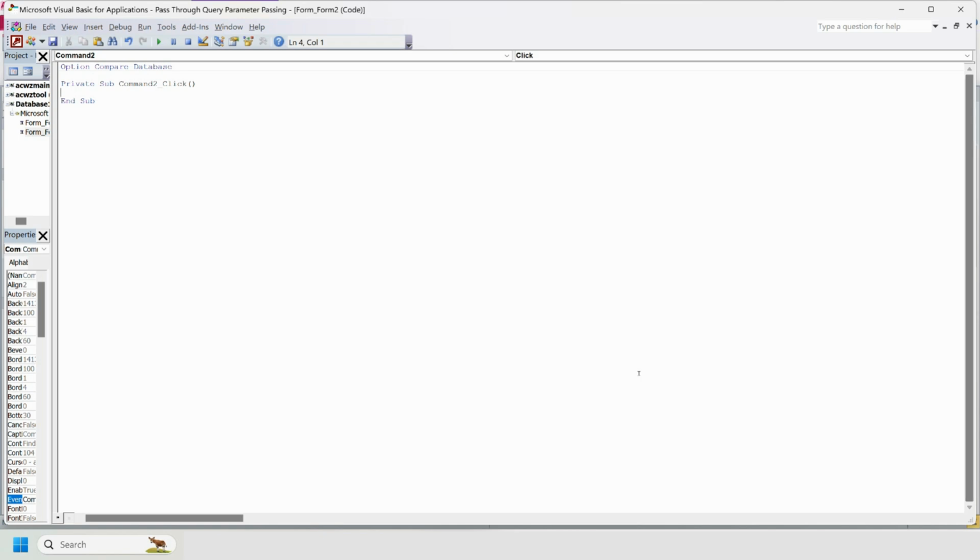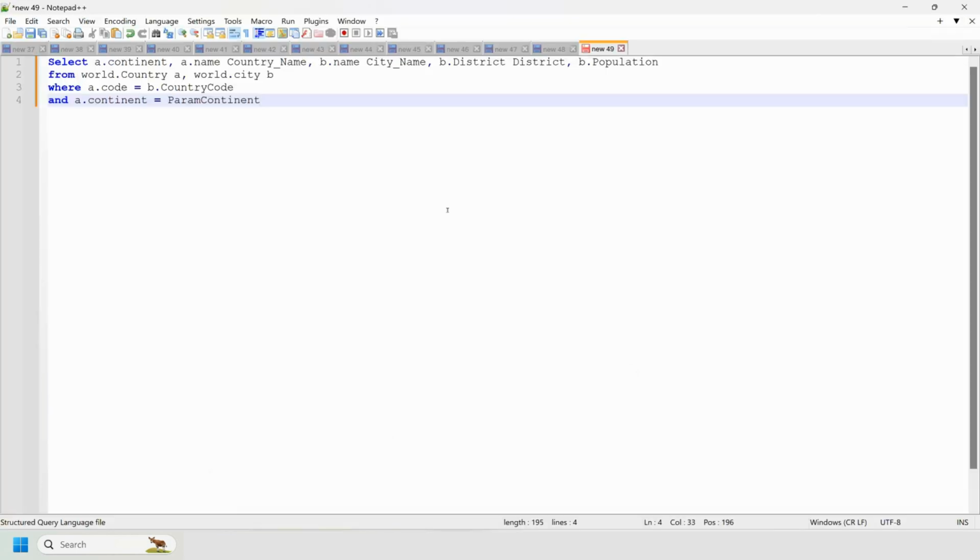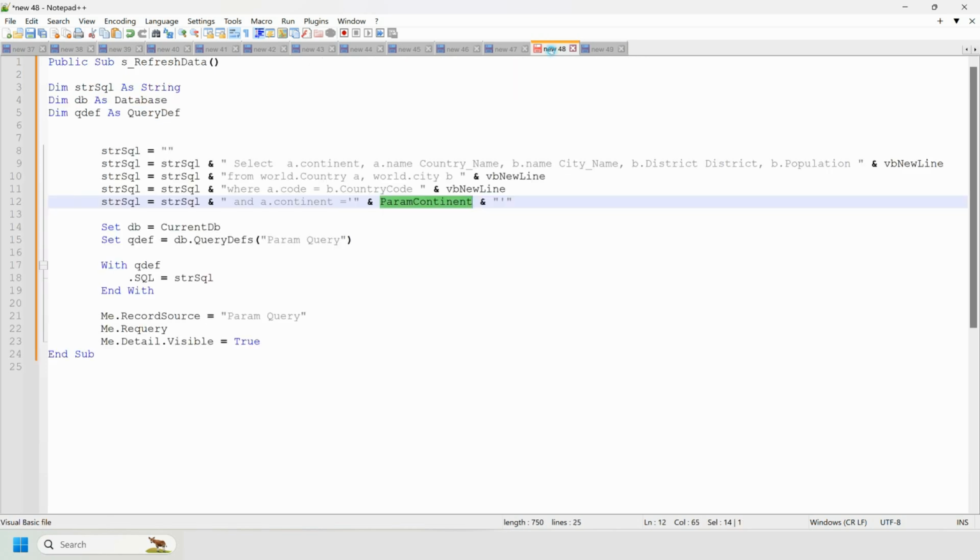For that, let me open Notepad++, where I already have all the information. I copied that query here, which is as is, just the difference is param continent. So what we want to do is construct a query with all these existing things, but continent equals the param continent. In our case, it's actually text 0, because we have created the box with the name text 0. I have already written all this function over here, which I'm going to discuss step by step, and then I'll